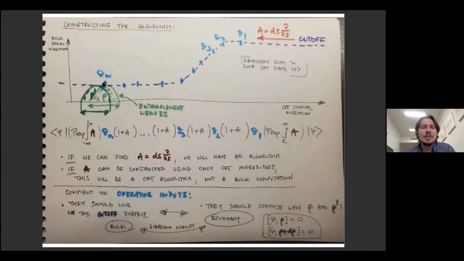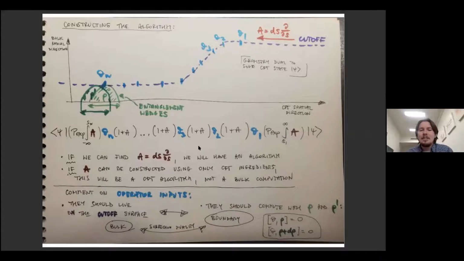operators to numbers map. If I want that, then this operator has to commute simultaneously with the modular Hamiltonian for this little region and for that little region, both of them being tangent to the cutoff surface. I'm assuming that all the operators on which I will evaluate this map simultaneously commute with rho and rho prime, such that the entanglement wedges representing rho and rho prime are both tangent to my cutoff. So that's a comment about the domain of this map.